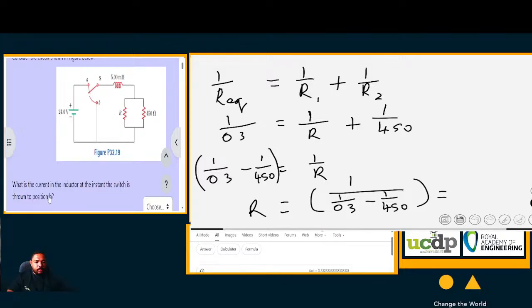It is the inverse of 0.3, 1 divided by 450, and then 1 divided by 0.3. 3 over 10, so 10 over 3. 10 divided by 3 is 3.33, minus the answer should be equal to 3.3 again. And if you find the inverse of that,